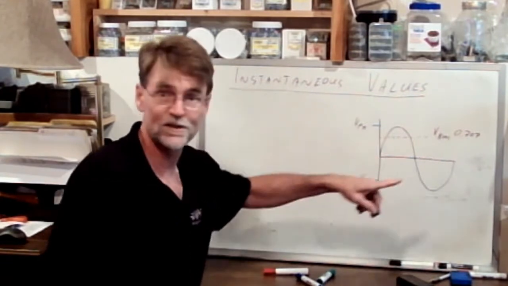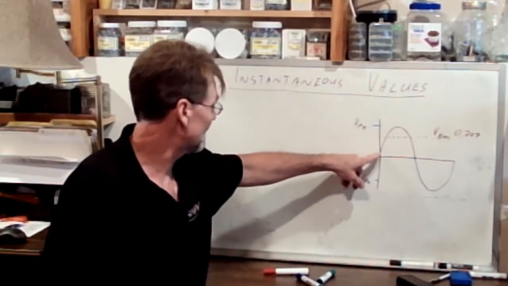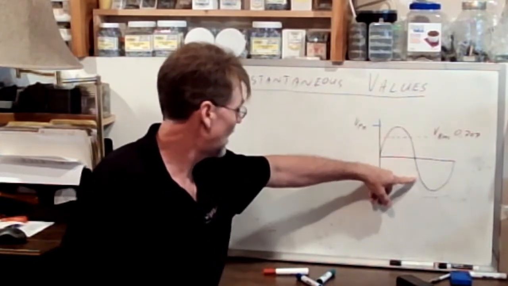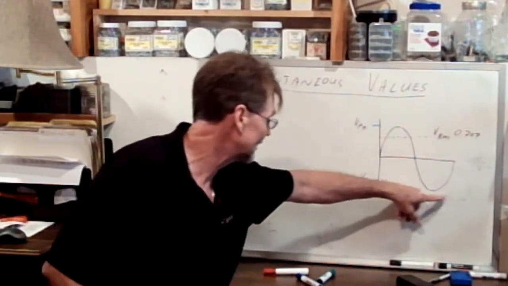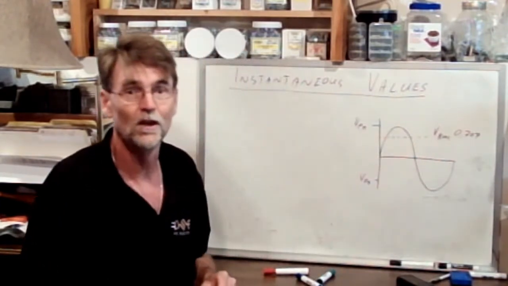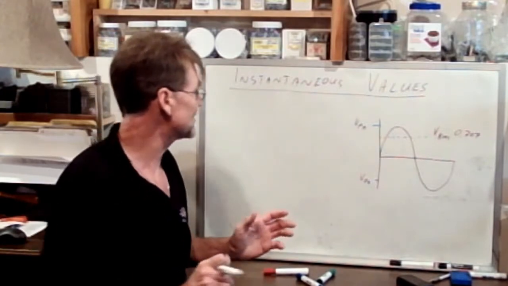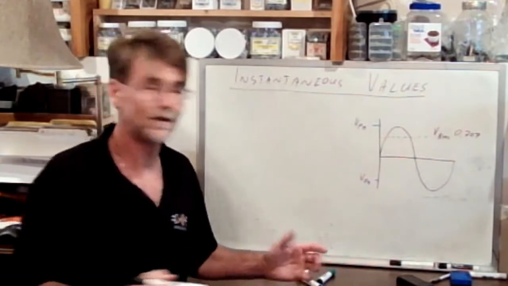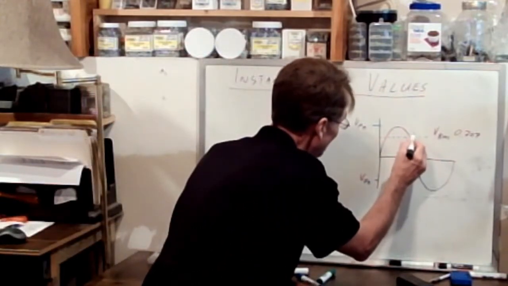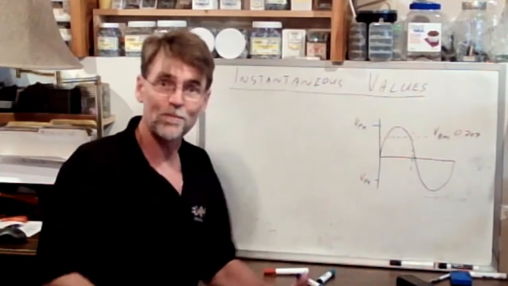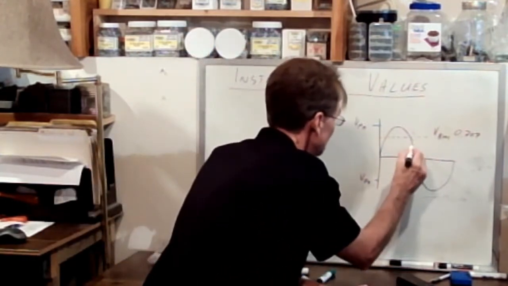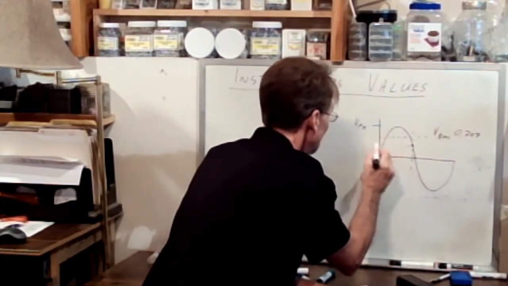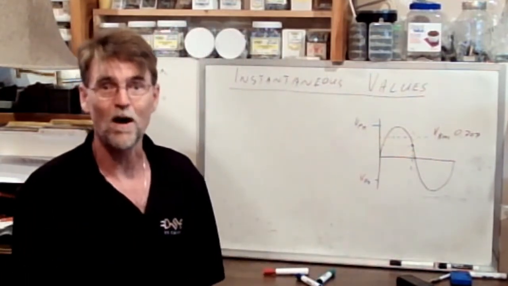But we have all kinds of other numbers here too, because the fact of the matter is the voltage is constantly changing, right? It's zero, and then it constantly climbs to whatever V peak is, and then falls back to zero, and then climbs negatively to our negative V peak and back to zero for a full 360 degrees. So a question could be asked, if I froze time at 160 degrees, so right there, let's just hit the stop button. And the question is, what is